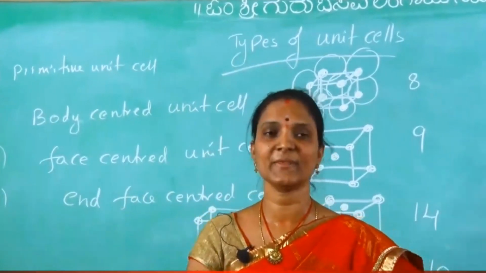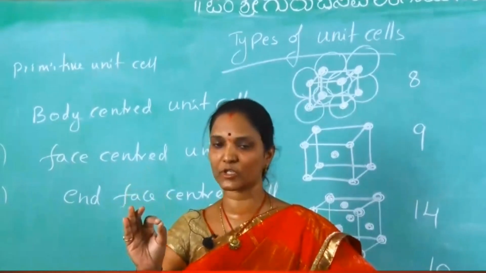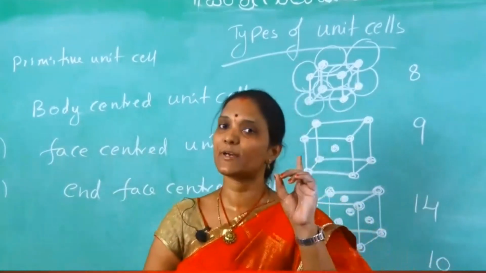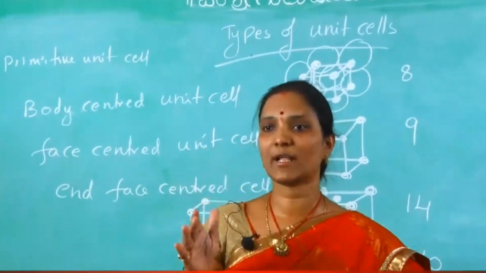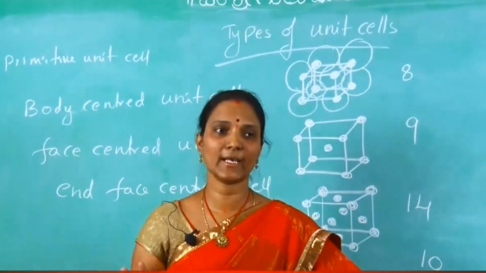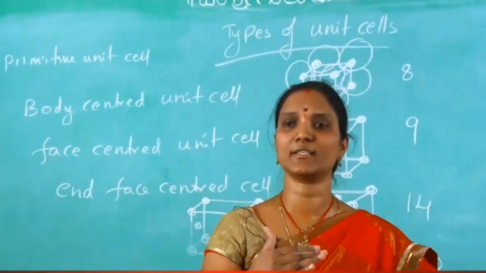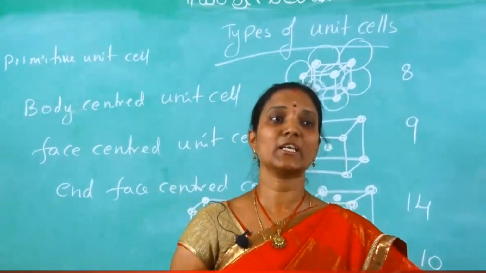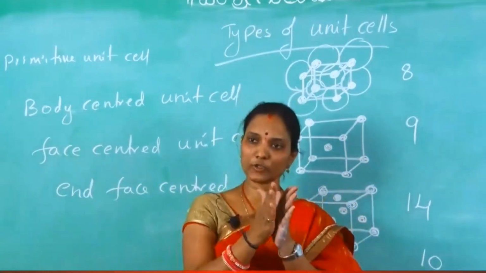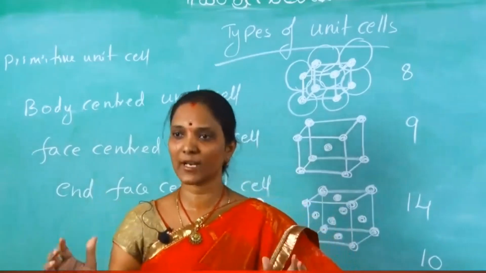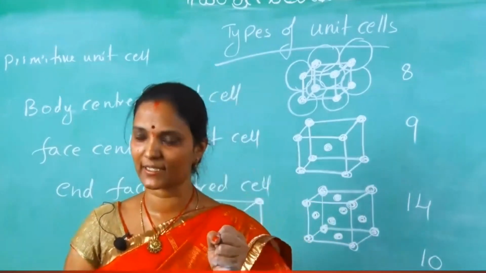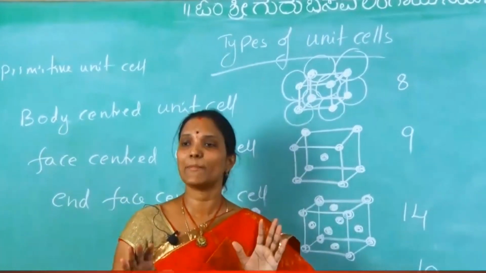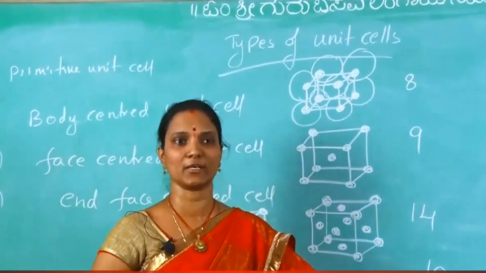Once again listen to this. One particle in corner position, total 8 unit cells can share. 8 unit cells are sharing, which means for each unit cell we are getting only 1 by 8 laddu. Okay, 1 by 8 contribution. If the position is edge center, 4 unit cells can share. For each unit cell how much are we getting? 1 by 4. If the particle position is face center, 2 unit cells can share. Then contribution is 1 by 2. If particle position is in body center, only 1 unit cell, no sharing. Then contribution is 1. Okay. Based on this contribution, we should calculate how many particles are there.